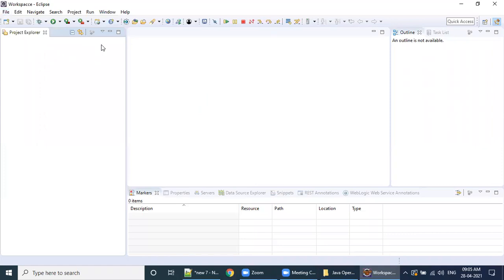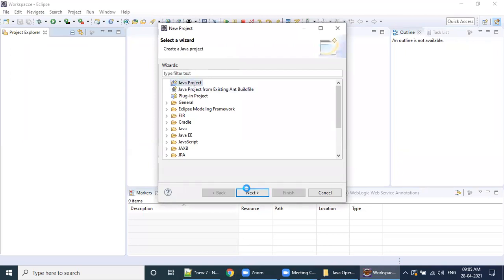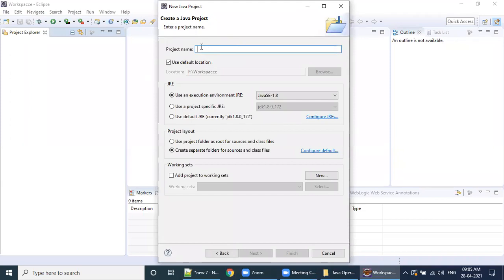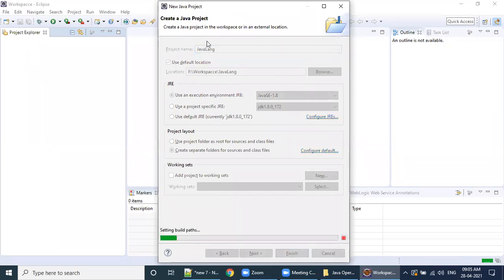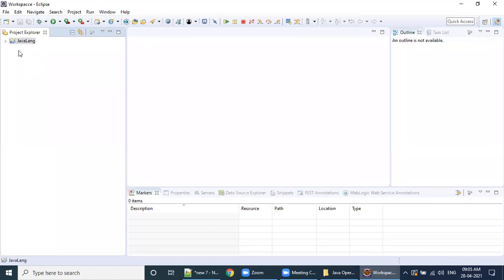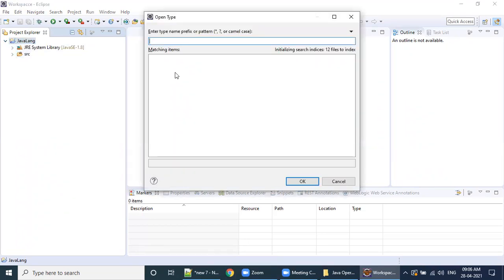I'm creating one new Java project, the Java lang package. My JRE is attached. Control Shift T. I want to see the source code of the String class.